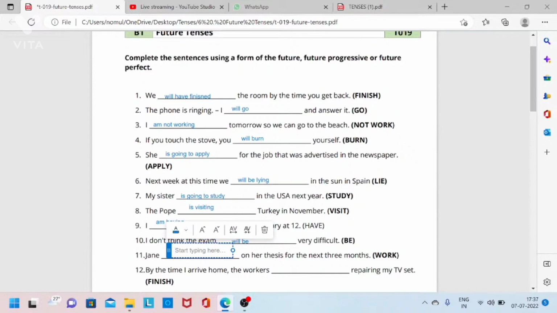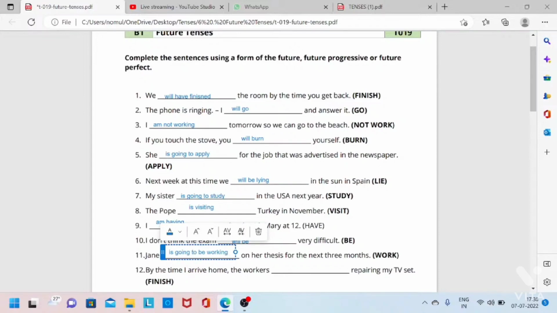And 11th one, so 11th one using work we have to complete. Jane dash on her thesis for the next 3 months. So using work we have to complete this sentence. So Jane is, okay, Jane is going to be working,